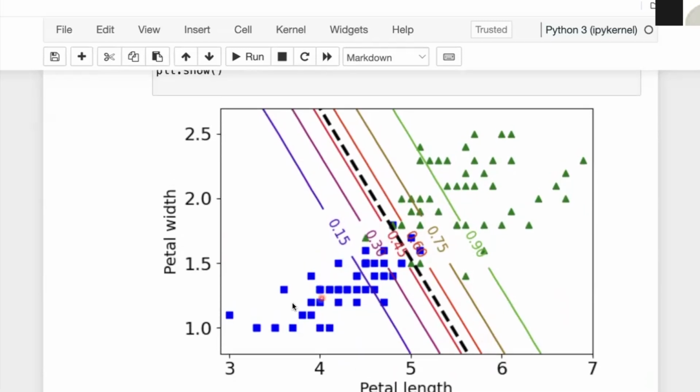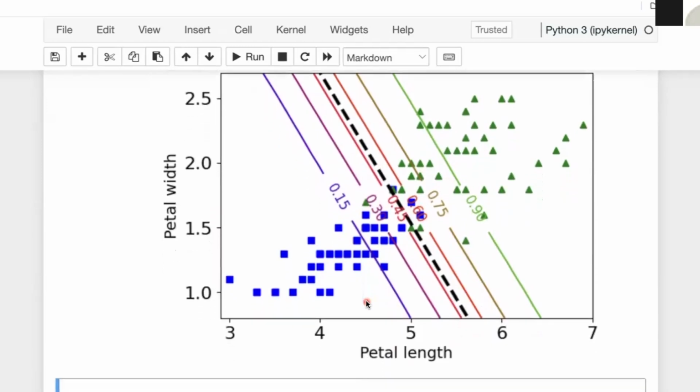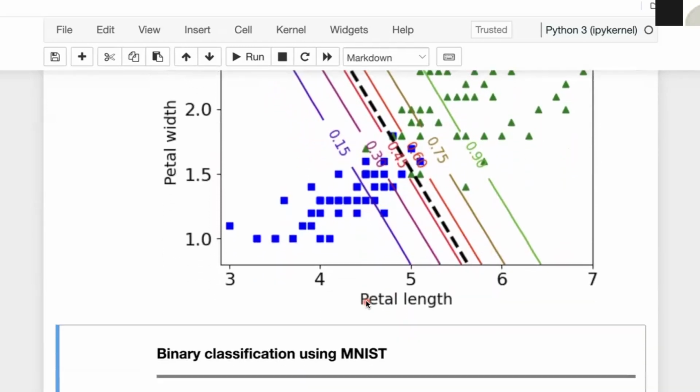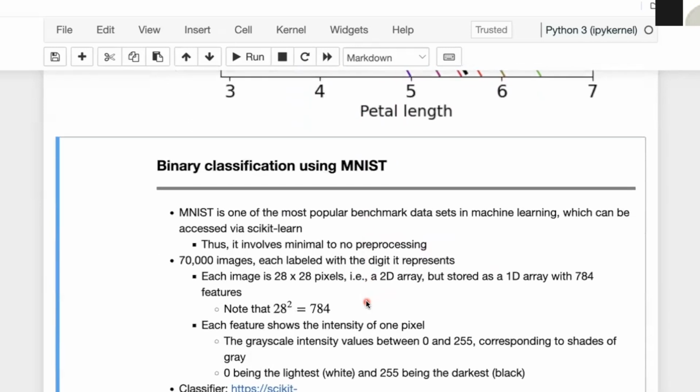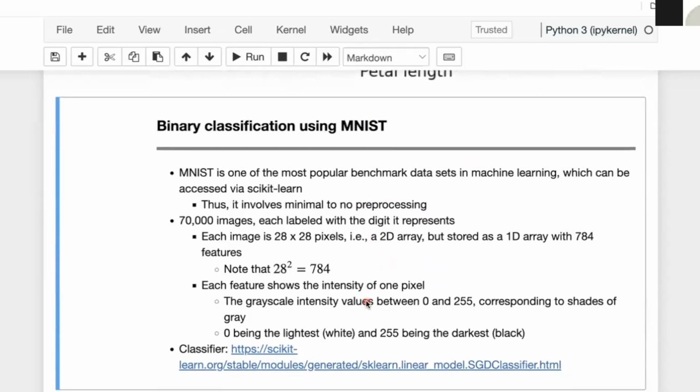So that's the first approach, decision boundaries. And it only works, obviously, when you have 2D data points. If you have 1D, you can still apply it, but it doesn't look very nice. If you have 3D, it becomes a little bit more complicated. And more than that, we cannot really visualize something in a 4 or higher dimensional space. So now let's talk about the second